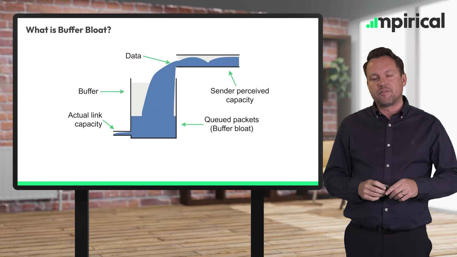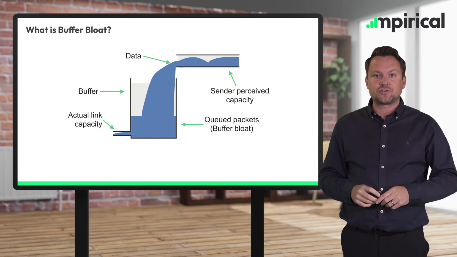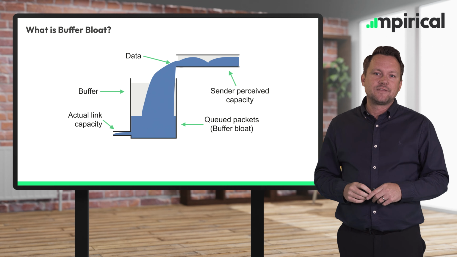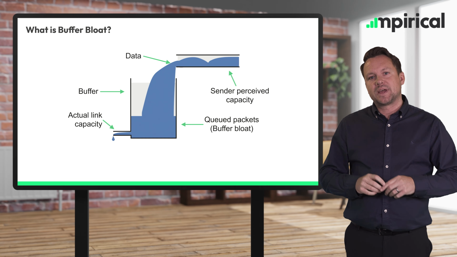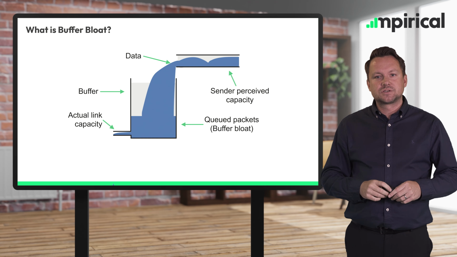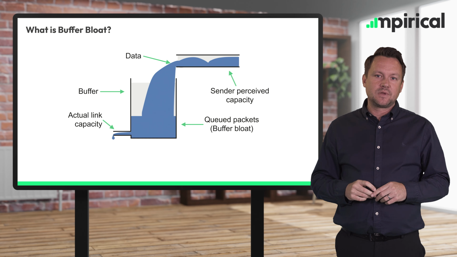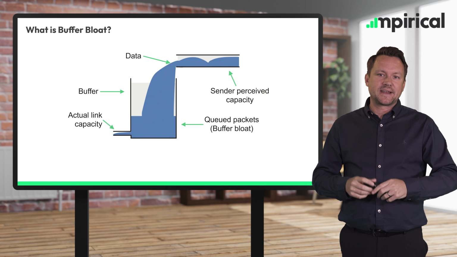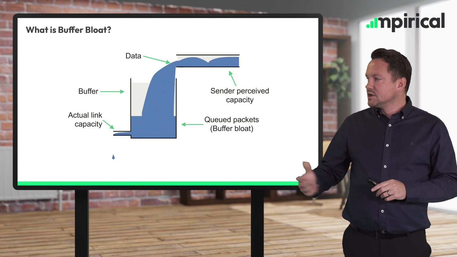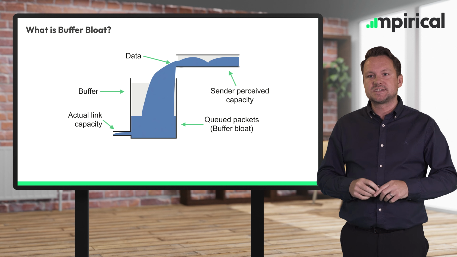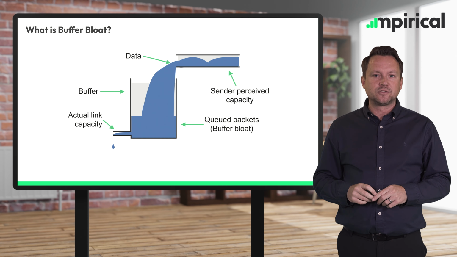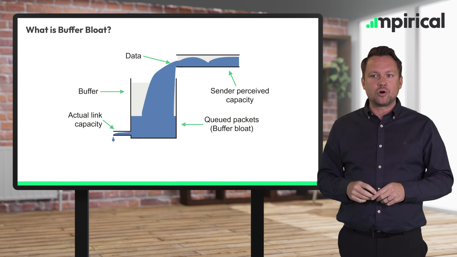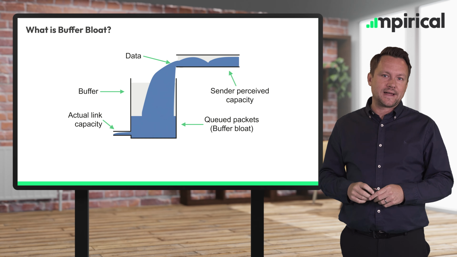So what happens with buffer bloat is the actual link capacity is constrained, and the data flowing out of the buffer, as we see with the water droplets, is very, very slow. So the idea behind L4S is that we reduce the amount of data that is held at any given time in buffers, particularly for latency critical traffic. And we'll explore this queuing mechanism in more detail later on. So the idea here is that to reduce this, we need to reduce the amount of data being held in a buffer. And with L4S, we have a specialist buffer that we keep the queuing very, very short so that real-time packets are able to flow at a steady rate.